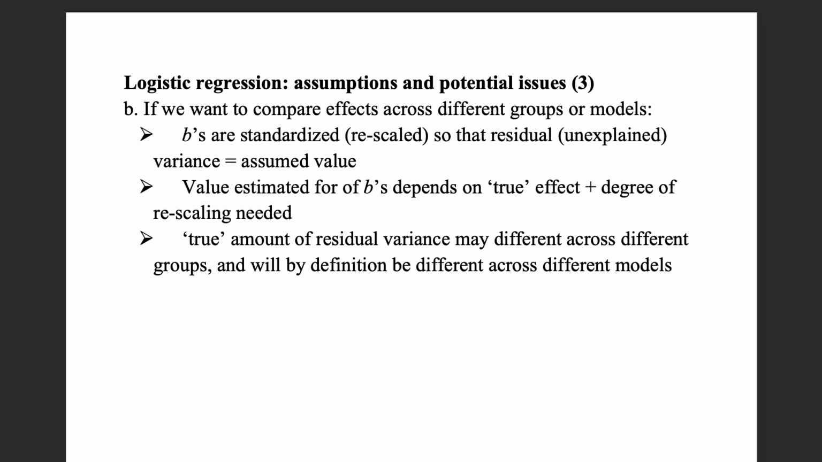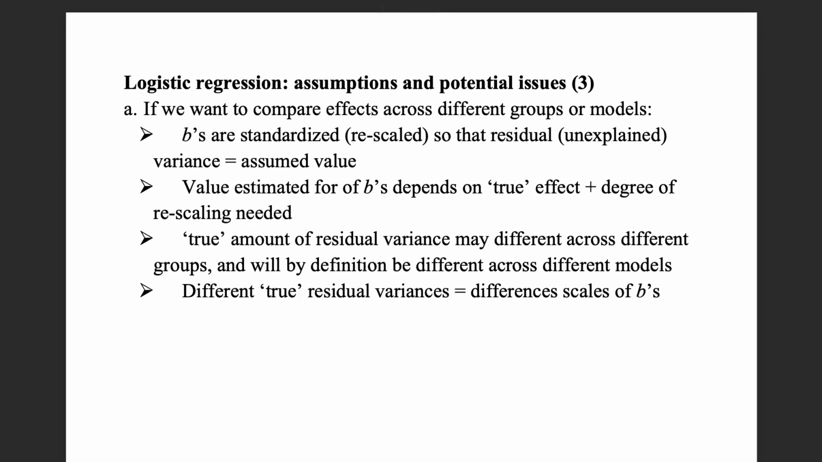Yeah, so think about, for instance, if we want to say something about the effect of gender on voting, then our model might be better at predicting voting for men than for women. So the true amount of residual variation might be different across different groups. And it will, by definition, always be different for different models. Yeah, so if a model has more X variables, then you are explaining, by definition, more variation in your dependent variable. So models with different sets of X variables included will have different true amounts of residual variance,